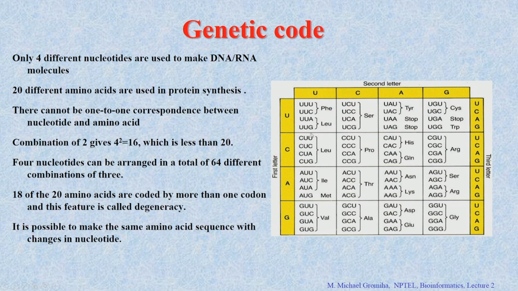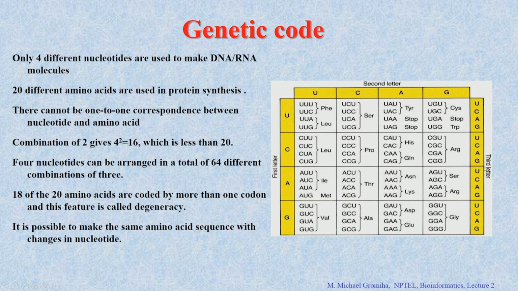That means there are several codons which code for the same amino acid, that is called degeneracy, right. Not one single codon to one; different codons code for the same amino acid. If you see phenylalanine, there are 2 codons, UUU and UUC, that code for phenylalanine. For leucine you have 6 here: UUA, UUG and CUU, CUC, CUA and CUG. All these code for